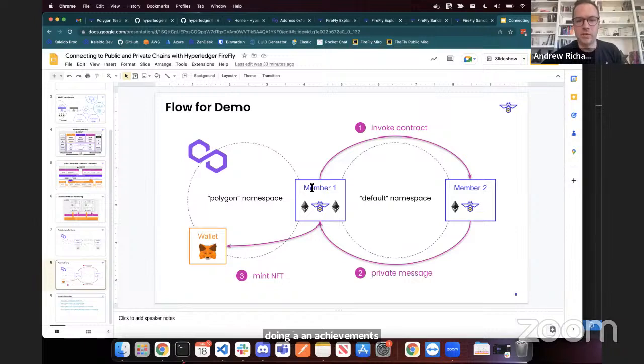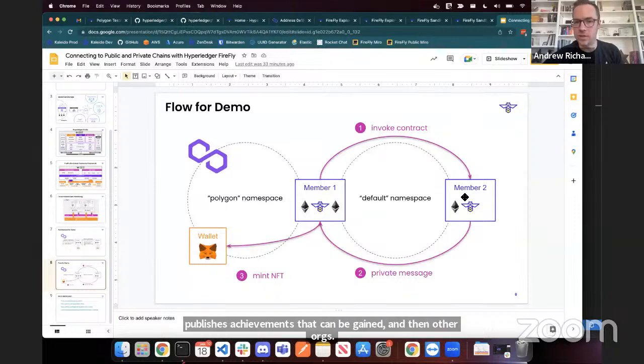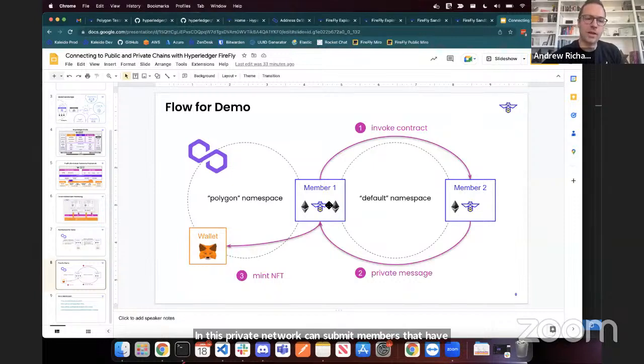Member 1 is serving as an org that publishes achievements that can be gained, and then other orgs in this private network can submit members that have gained those achievements, and if they are verified, then they receive an NFT on the Polygon network. So there's a private data exchange over here, and then a public testament to that achievement that goes out to Polygon. It's a bit of a made-up use case, but you can imagine analogs to this